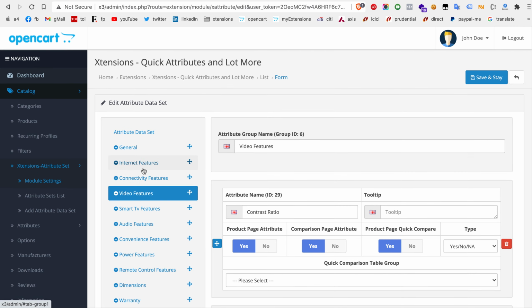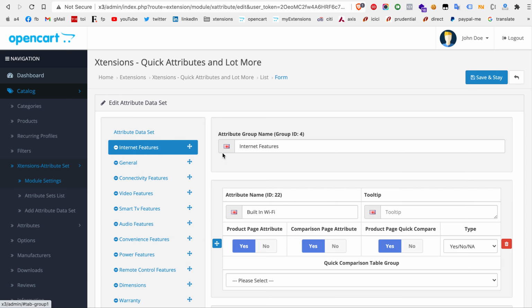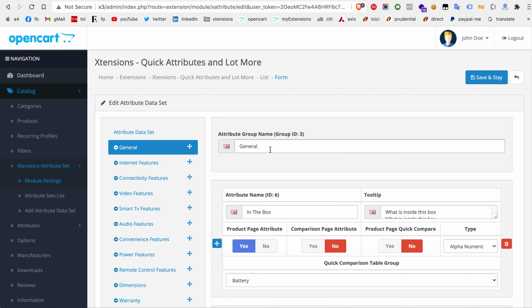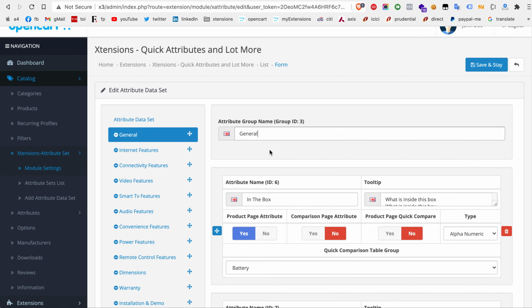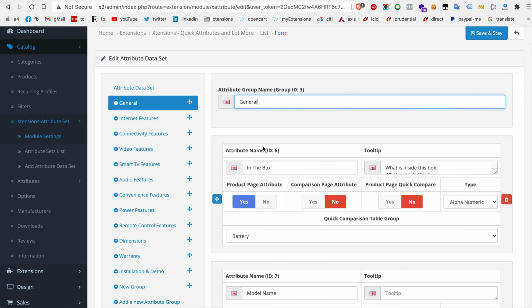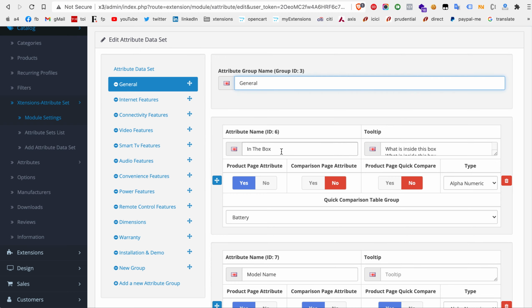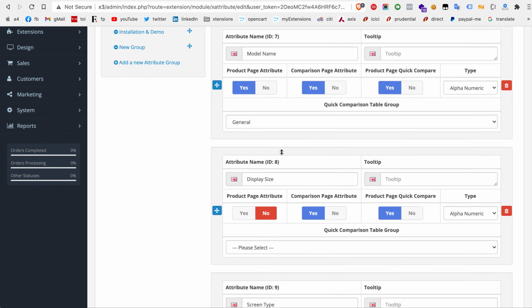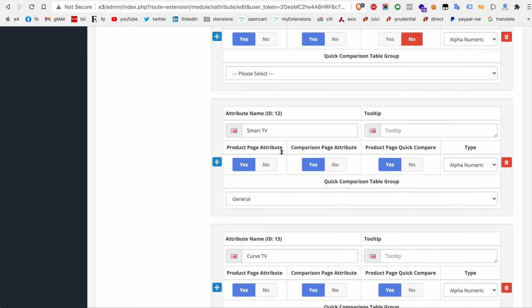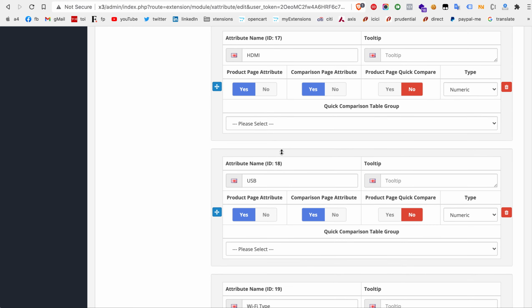If you want to sort internet features before general, you just need to drag and drop. Now let's go into general. This is the attribute group that you have created, general. Inside this, you have these attributes: in the box, model name, display size, and about 10 to 15 attributes.